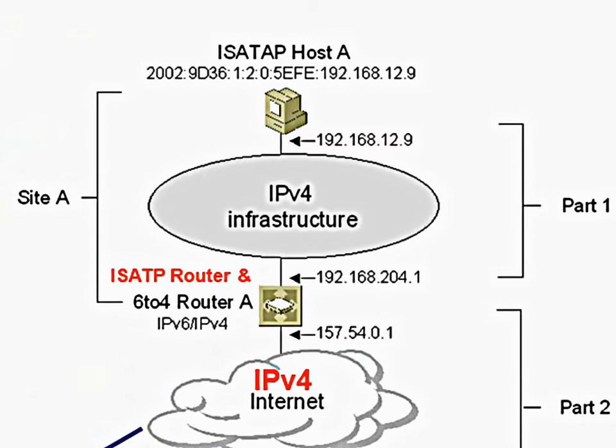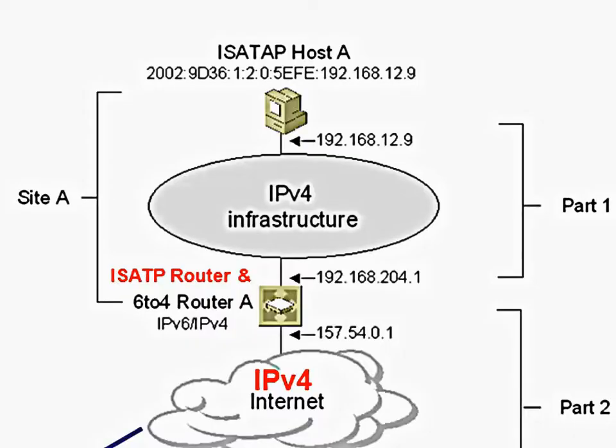So locally, the ISATAP hosts would configure themselves based on their IP version 4 addresses with an ISATAP address where the interface ID has the value 5EFE followed by the 32 bits of the IP version 4 address that the host gets, and then the ISATAP router, which in this case is also a 6-to-4 router, will announce a prefix, a 6-to-4 prefix though, that the ISATAP host will use,